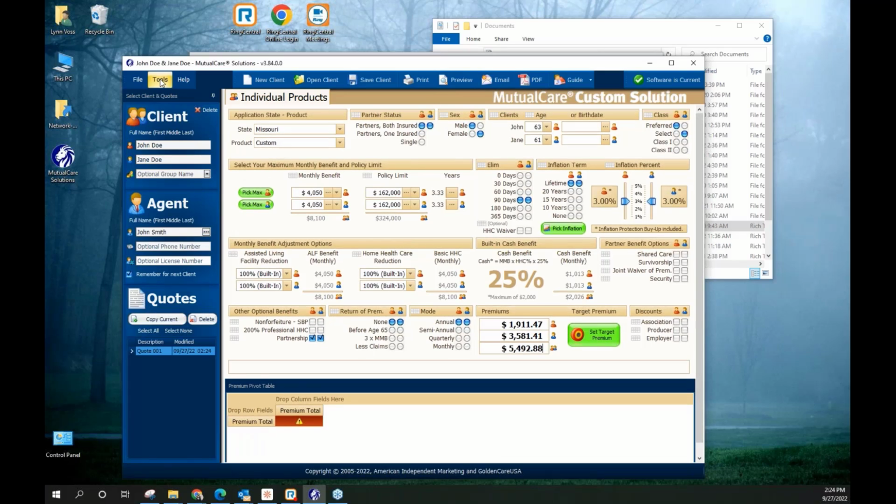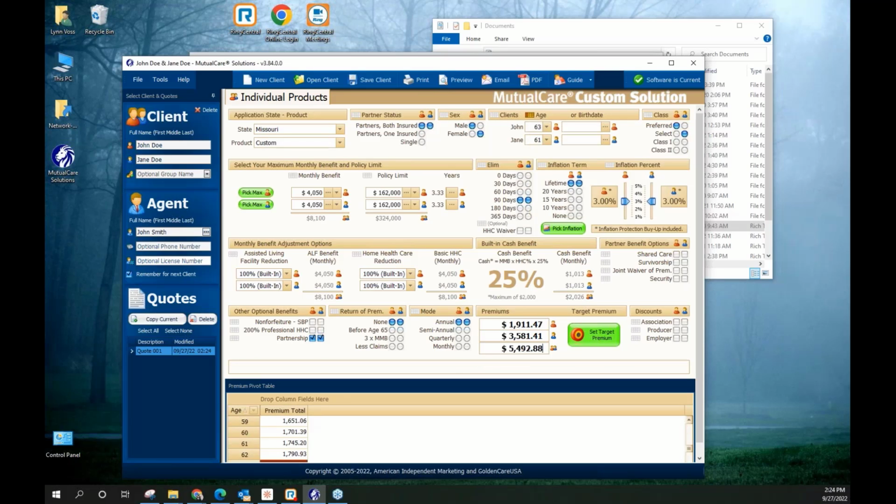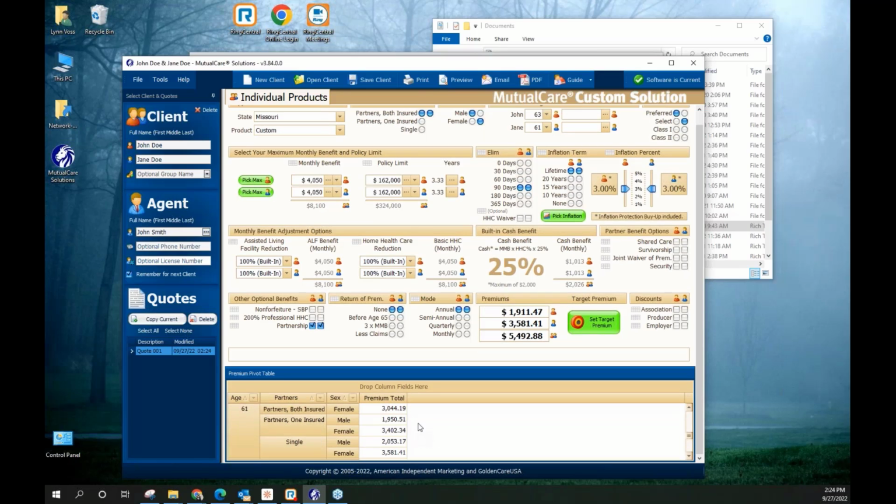When you hit that option, it's under Tools, and I've already turned mine on. When you do, you'll see small tables that start to show up next to the options that you're able to quote. So if you choose a couple of these options and you would like to print an all ages quote, what you would do is click